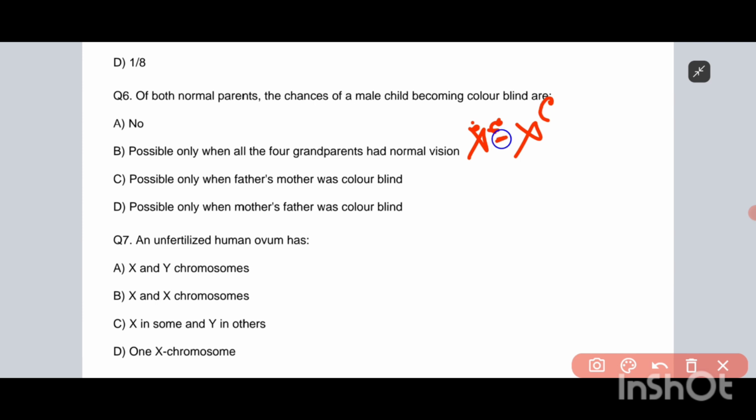So this X^c, small c, represents the colorblind condition, and when it is present in X^C, capital C, and X^c, small c, it will be a carrier, not phenotypically representing the colorblind condition. Now, if the mother's father was colorblind,